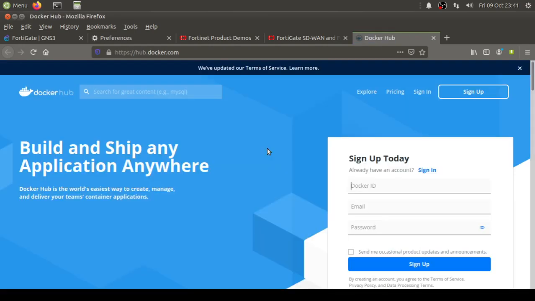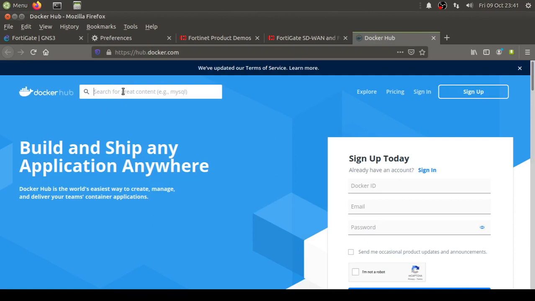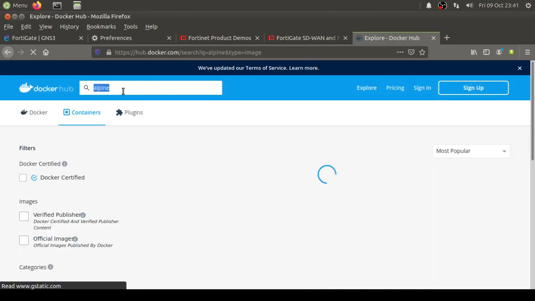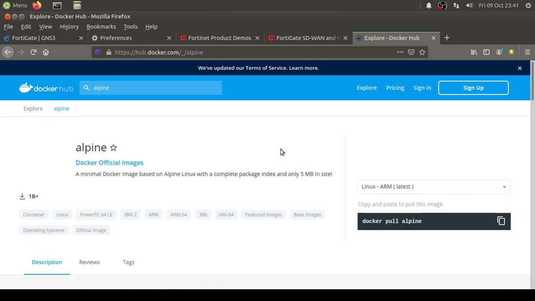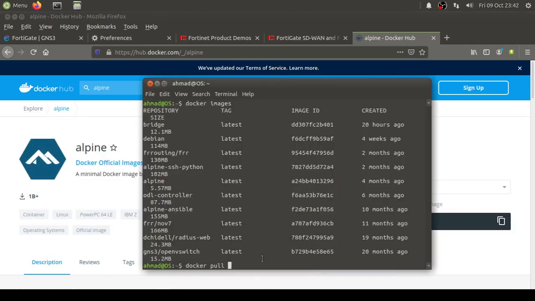From here you can pull the images. Let's say if I type in Alpine here, and this is the image that you can pull, you just go over there and copy this one and put it in your terminal, and you will be able to pull it.